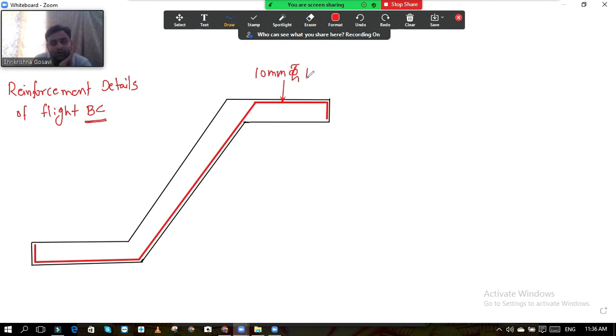110 for main steel. Okay. Yes, sir. Now this is our main steel bar. For your understanding, I will write. Whatever bar shown in the red, it is your main steel, and this is the sectional elevation I am showing to you, so that you can see the bar profile.